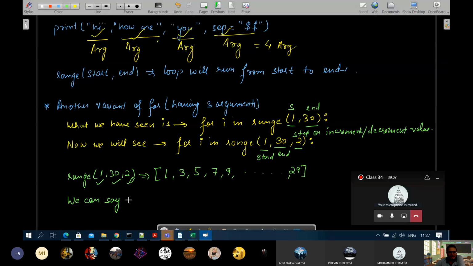So we can say that range 1 to 30 is same as range, okay, so that means what?